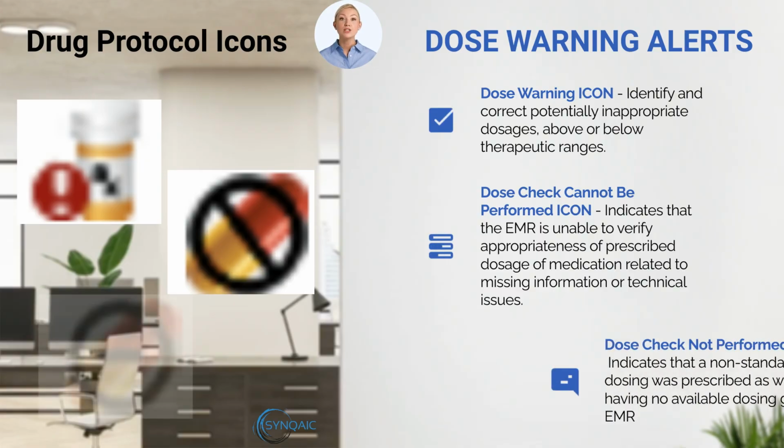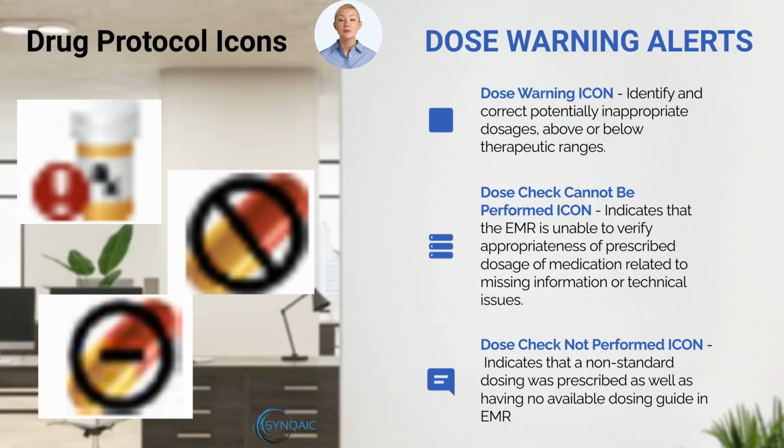Lastly, when the dose check icon not done appears in a drug protocol alert, it signals that the system has not conducted a review of the prescribed medication dosage. This lack of verification can stem from various issues within the electronic medical record (EMR) system. Technical glitches or limitations may hinder the execution of the dose check, preventing the system from assessing the appropriateness of